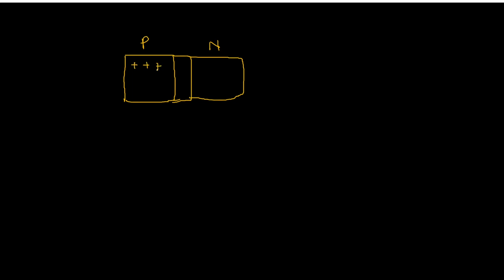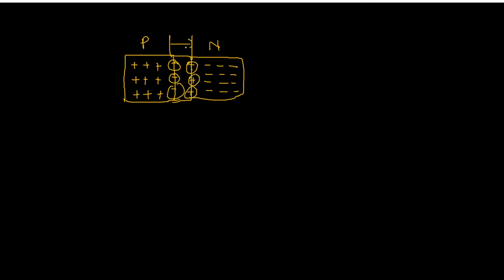Now here, if you see the PN junction, the P-type material here, the depletion layer here, and the N-type material here. This is P-type, this is N-type, this is your depletion region. P-type will have holes, which we indicate as positive charge carriers, and N-type will have electrons, which we indicate as negative charge carriers. In between you have negative ions here and positive ions here. This will make your depletion layer.